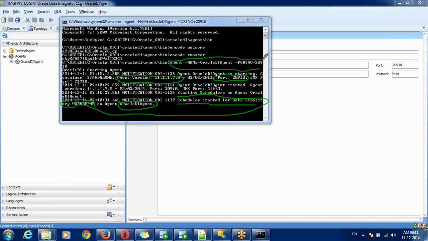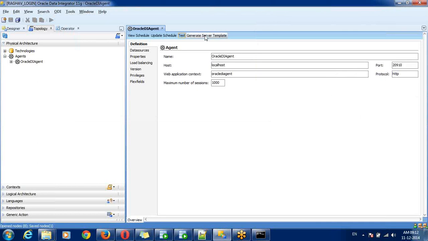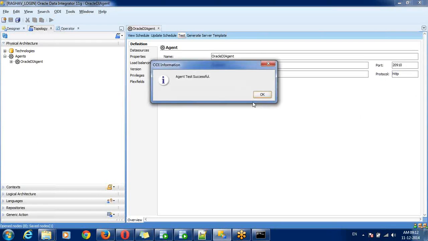Now you will get the message: scheduler started for work repository and agent name. That means your agent is started. You can test it in your topology, in your agents. So the agent is working fine.